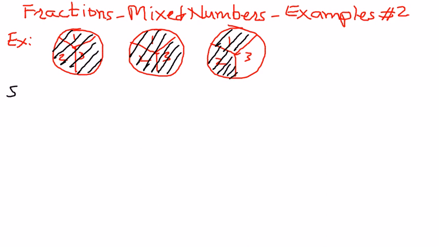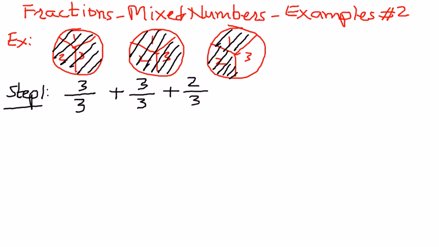And now we're going to come back here and write some steps. Step number 1. In the first circle there are three parts which are shaded out of the total of three parts which are available to us, plus in the second circle there are three parts which are shaded out of a total of three parts which are available to us. In the third circle there are two parts which are shaded out of the three parts which are available to us. And therefore, as step number 2, we're going to say